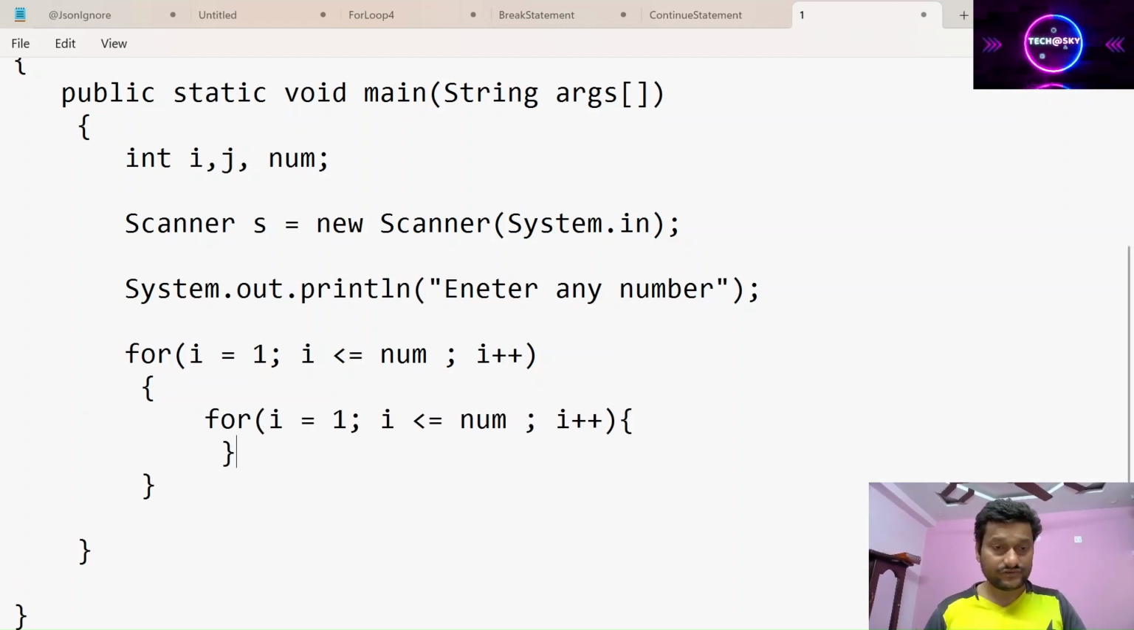It's a loop inside the loop. Okay, so let's take this as j initialization, j less than number, j plus plus. Okay,